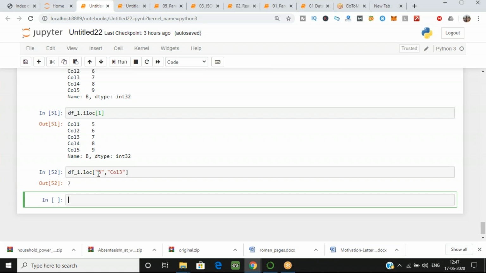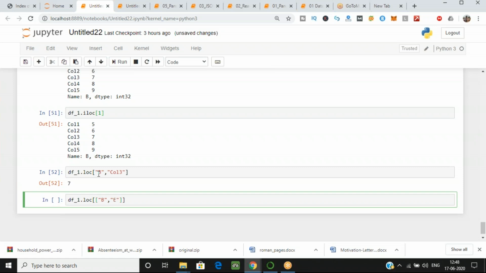Okay, so if I want to select multiple values, for example, I want this row also, and let's take one more row. Let's take E row, over here.